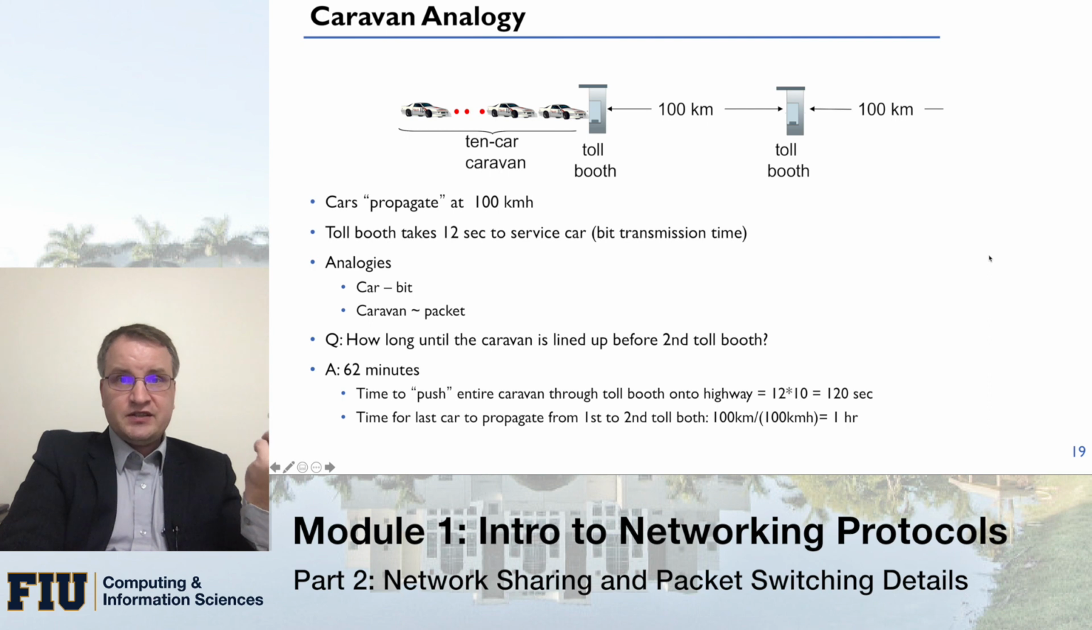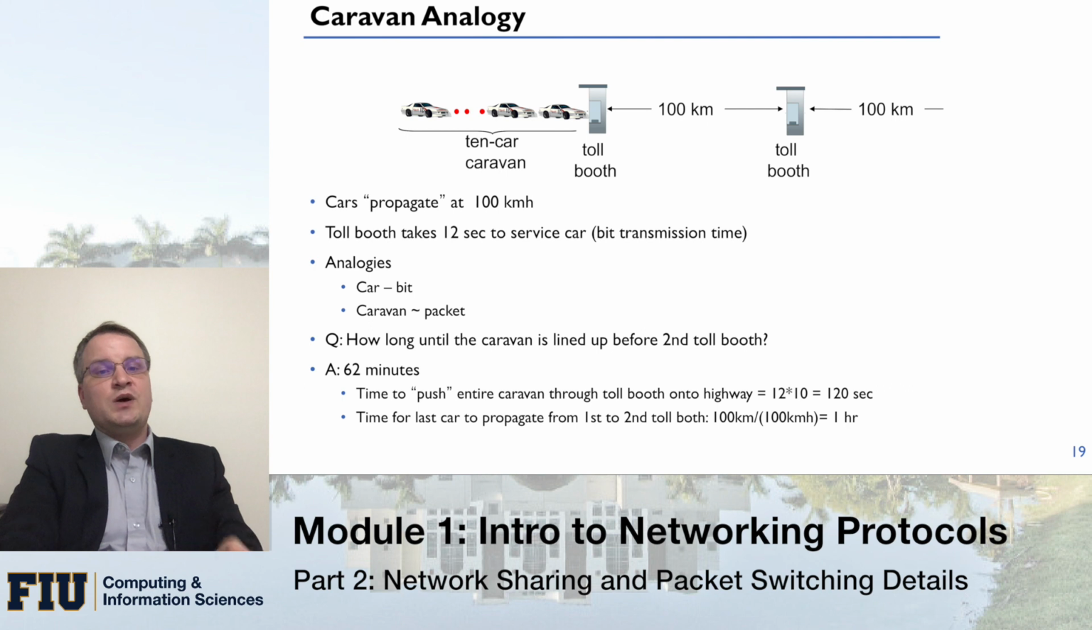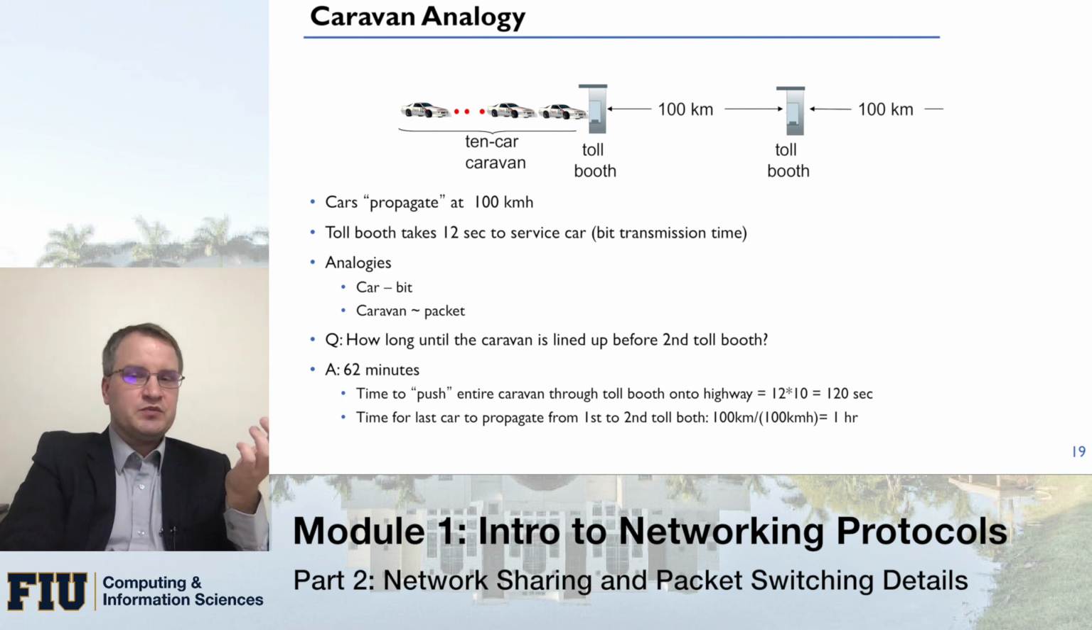So each car will have to spend this 12 seconds multiplied by 10 through the toll booth. That's the amount of time required, plus the actual amount of time the car needs to travel from one point to another. That would be the propagation delay in terms of